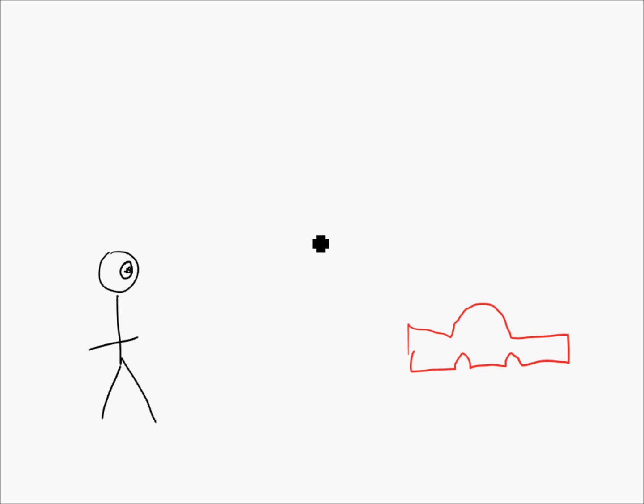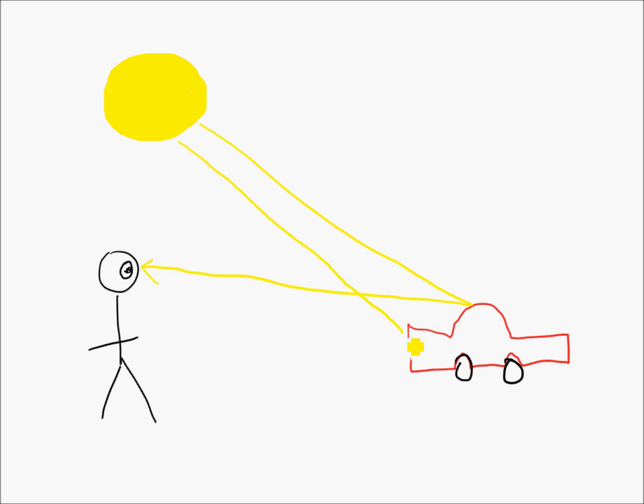Okay, why can I see the car? Because it's a nice sunny day, and light from the sun travels down into my eye, and it goes like this. There's light coming from the top of the car, this travels in straight lines, bounces into my eyes, and I see that. There's light coming from the bottom of the car, there's light coming from the middle of the car, there's light coming from the wheels,